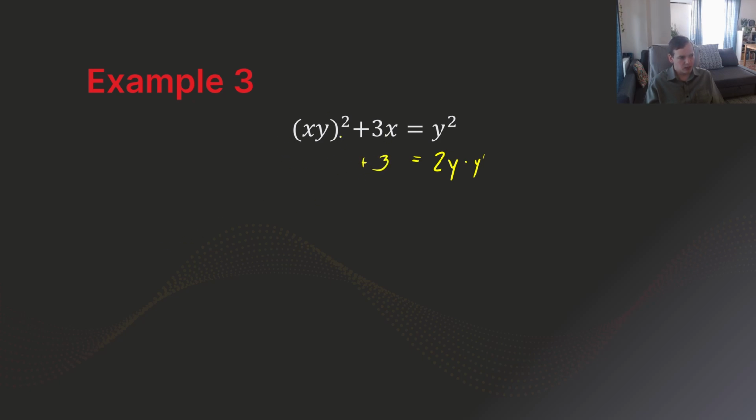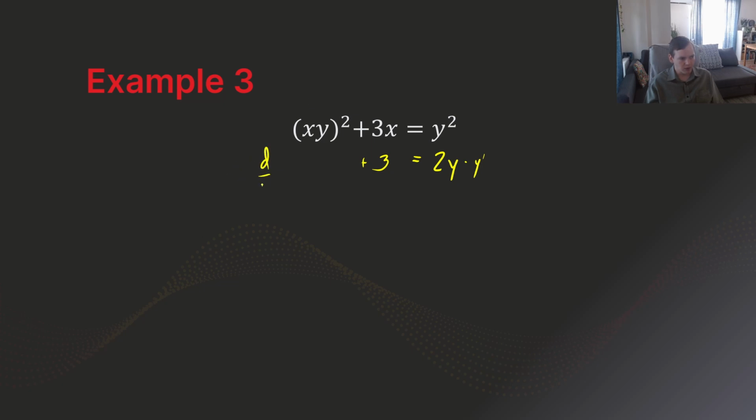The 3x is easy to derive. It's just 3. This x squared, xy squared, is a little bit trickier to deal with. There's a couple ways to do it. First, we can distribute the squared and do x squared times y squared. In fact, I think I will do it that way, but if you preferred, you could do the chain rule and do 2 times xy times the derivative of xy. But I'm going to distribute, and we're going to get